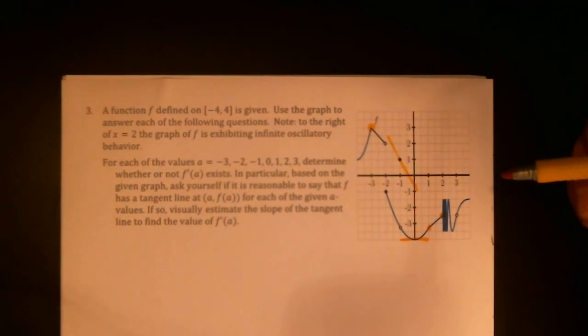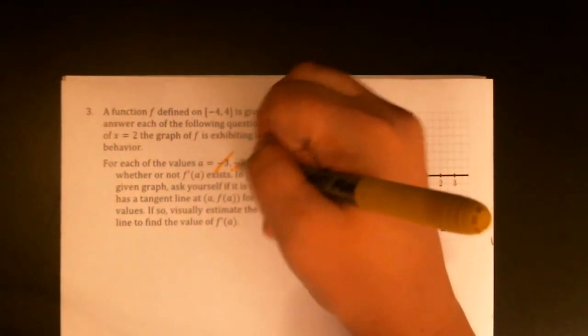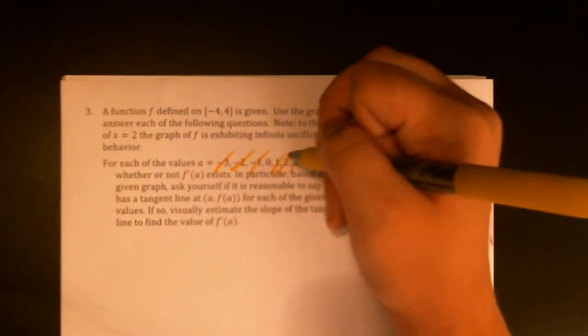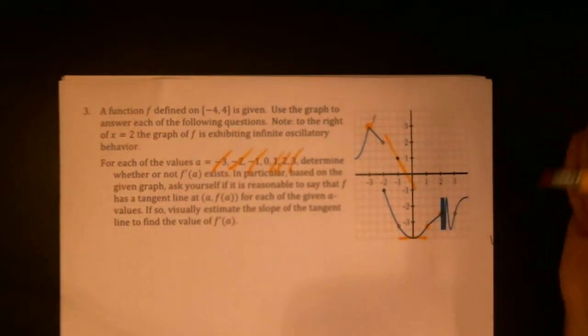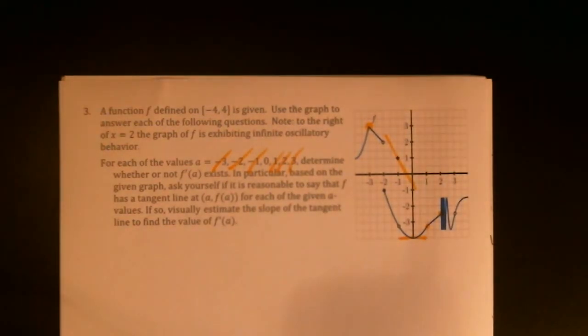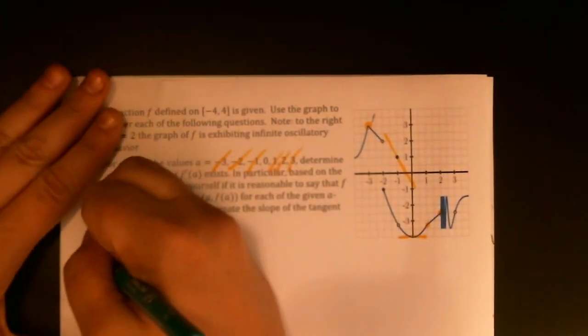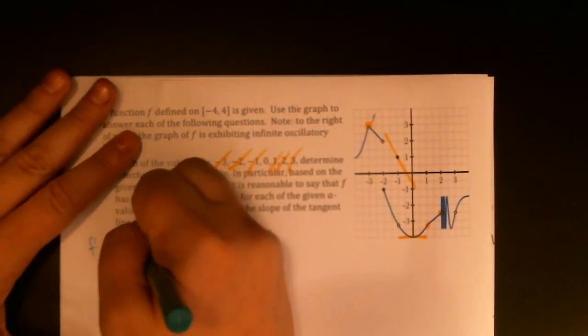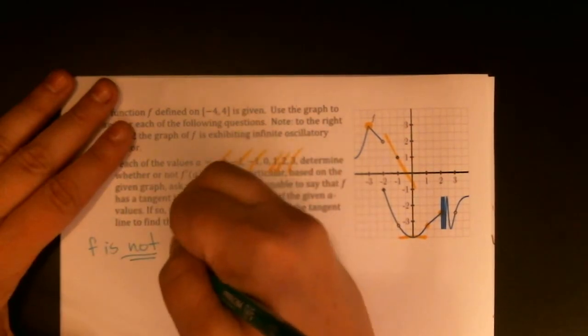So the only integer x value of this function that we're seeing that works is 0. This function is not differentiable at -3, -2, -1, 1, 2, or 3. It's only differentiable at 0. So I just want to summarize the things that give us problems. So we will say f is not differentiable